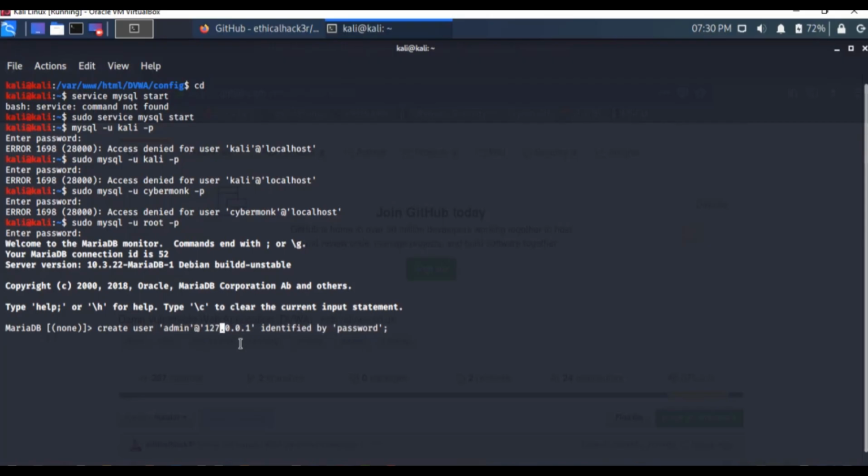I had given admin and password as the password to database and hit enter. You will get query OK, that means the result has been executed. Next job is to grant all the privileges to that user. So type grant all privileges